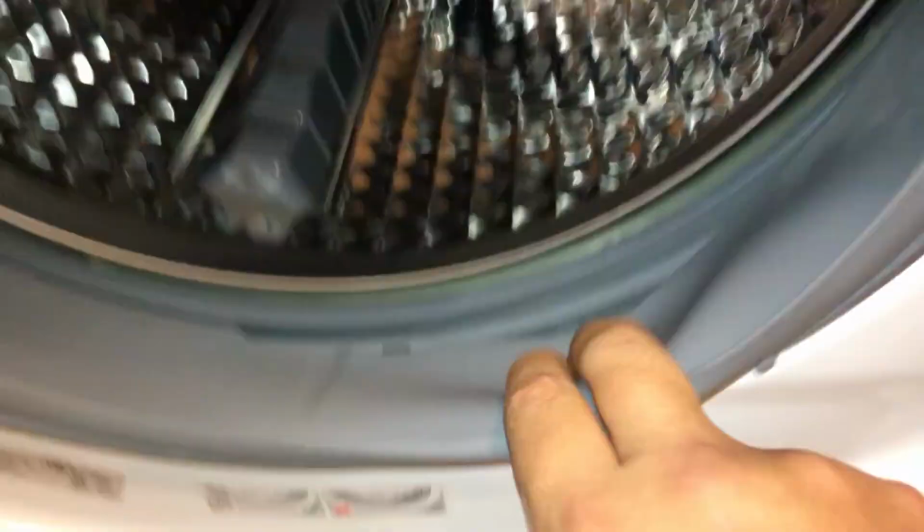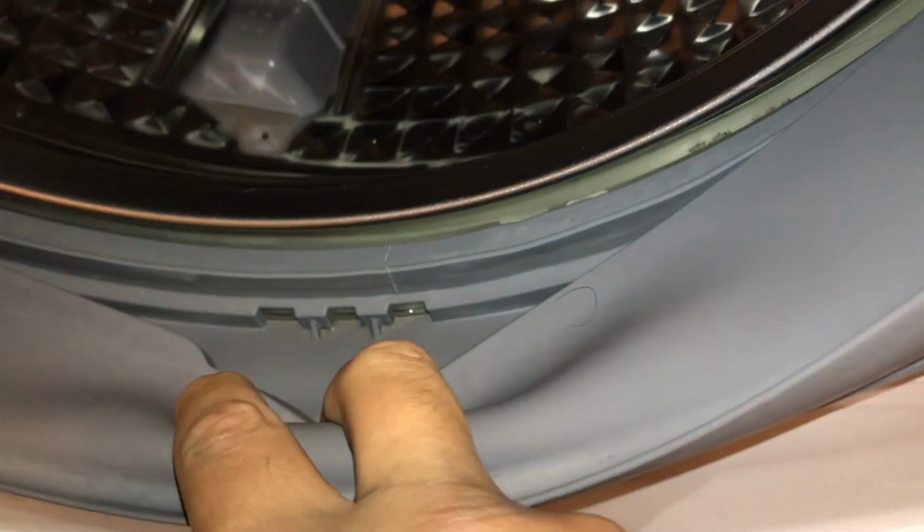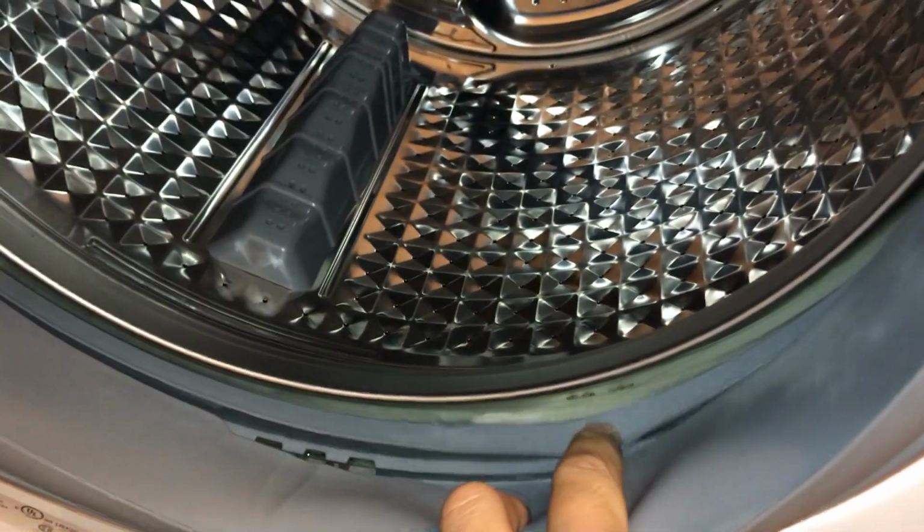First of all, you want to pull out this gasket. Make sure there's no schmutz in there. Clean it all out. We just recently did this. You'll see these holes. Make sure they're all cleaned out. Make sure you clean all along this gasket. Okay? And then the second part, right down here,